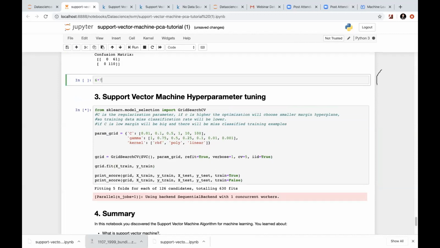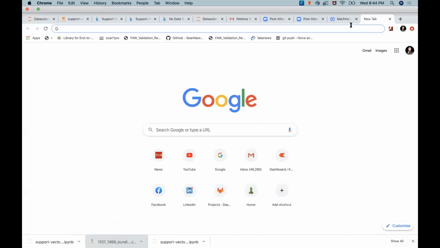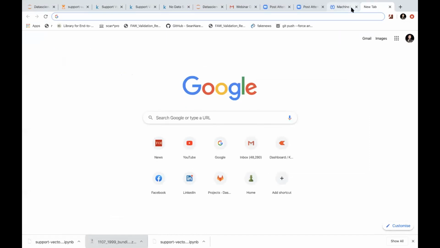There can be 6 into 7 into 3 possible combinations that will be applied in the grid search, and then optimal parameters will come out at the end. My kernel is already running. 6 into 7 is 42, and 42 into 3 is 126.